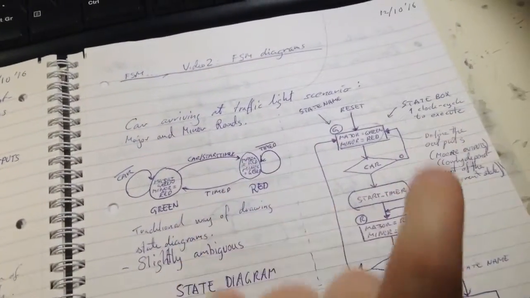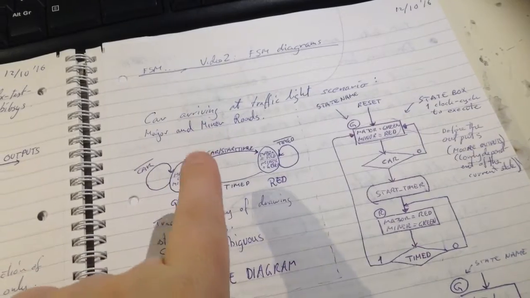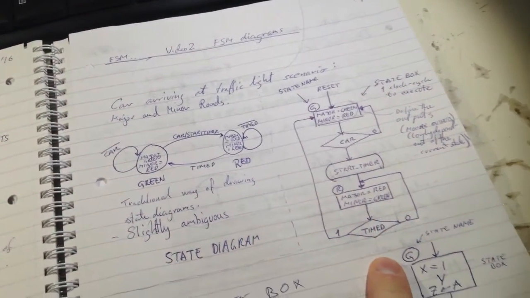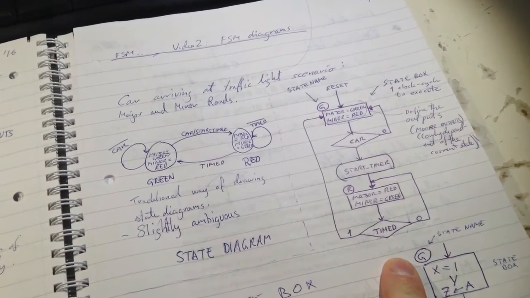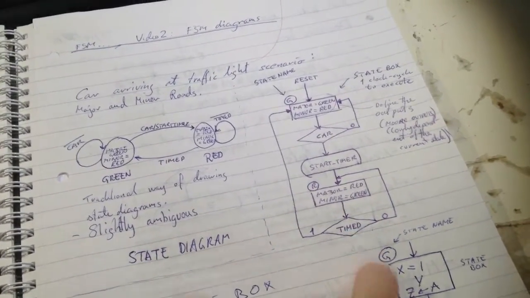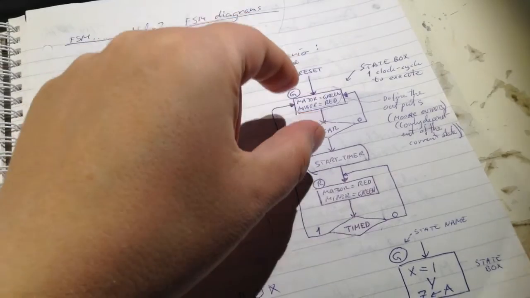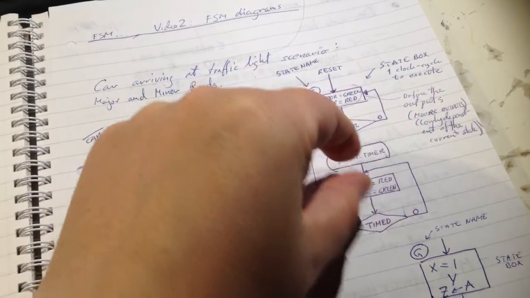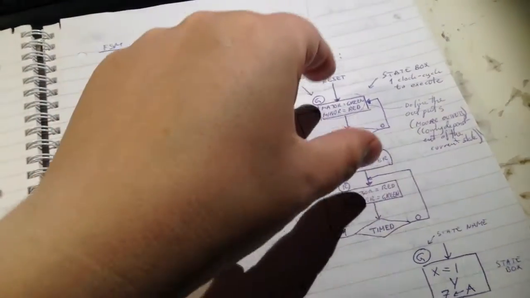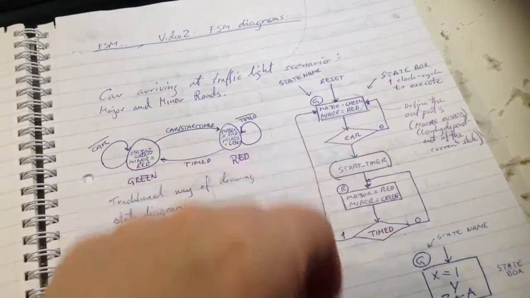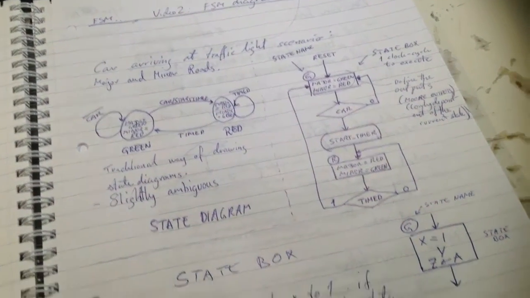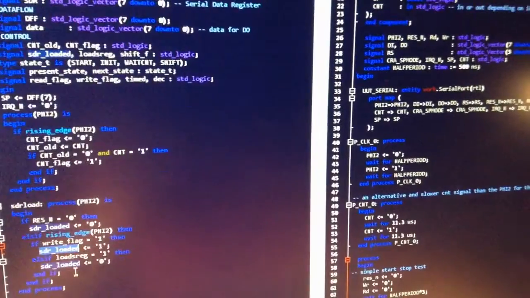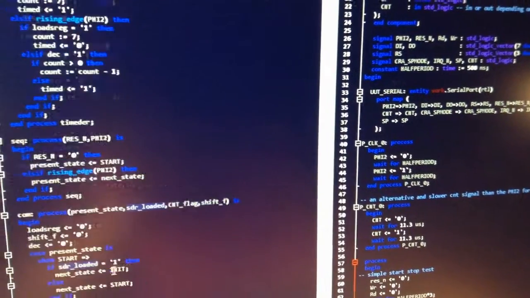So therefore, instead of finite state machine charts, we use ASM, which is algorithmic state machine charts, because then you know exactly how many clock cycles it takes for each of these parts of the drawing and what kind of hardware you get. So I've done that. Quickly show you how to set up the